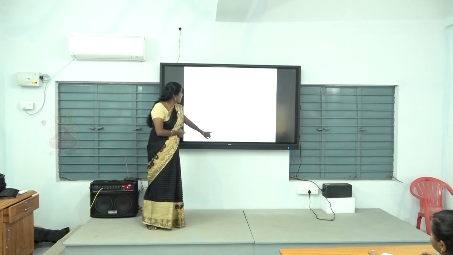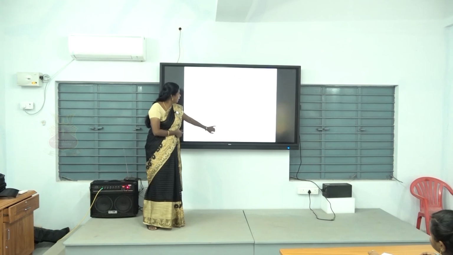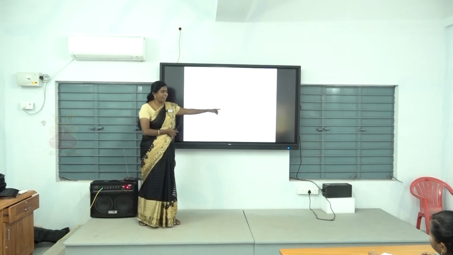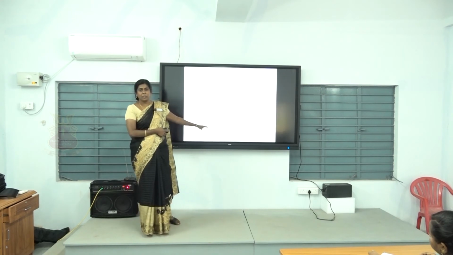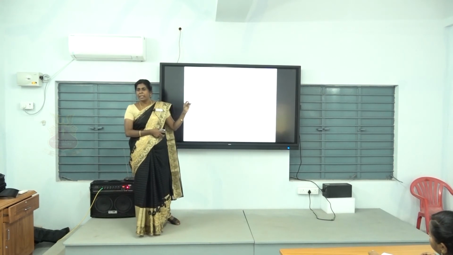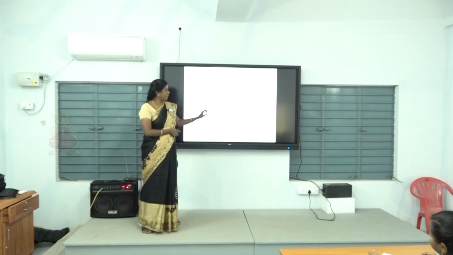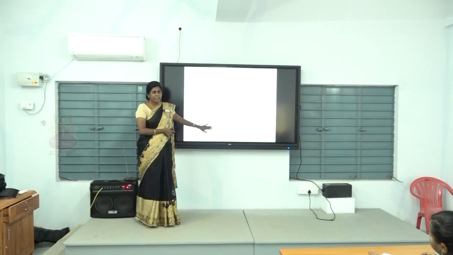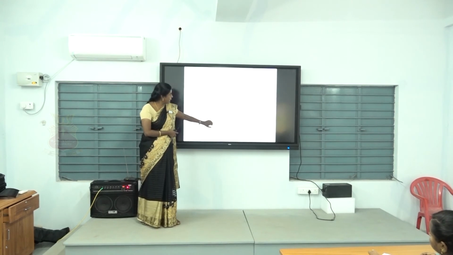In the problem, both sales and variable cost are given. Sales is 20 and variable cost is 10. So 20 minus 10, that is 10, is the contribution. So 5 lakhs divided by 10 is the break-even point in units.